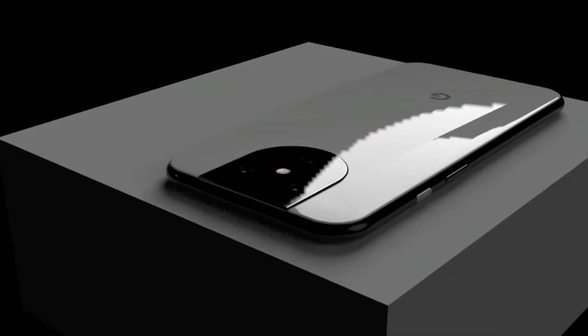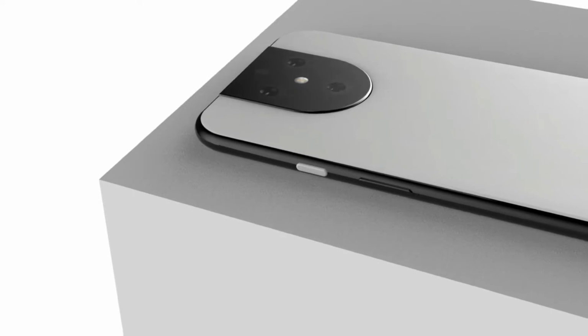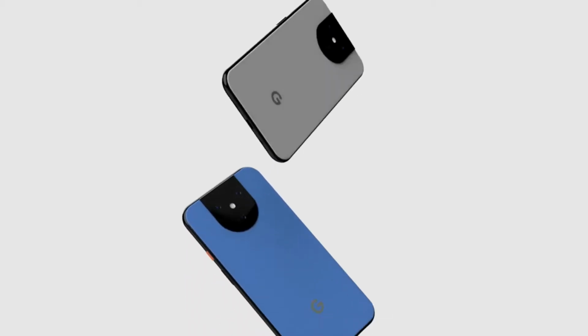The Google Pixel 5 is coming with the most requested feature. So the Google Pixel 5 is coming soon. More details have been light on the ground in recent months. We finally have some news about its design and its hardware, and we also have news that the most requested